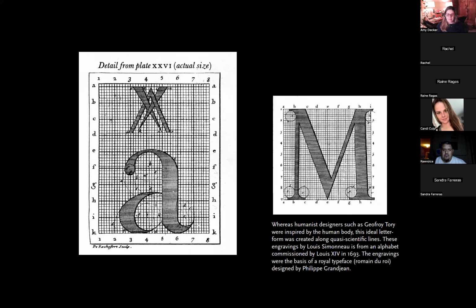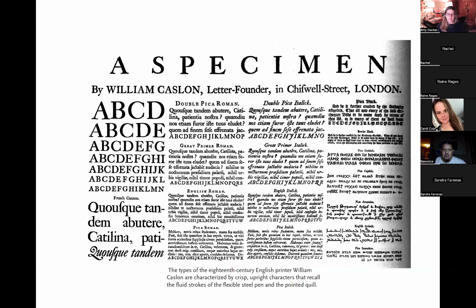So this was 17th century France. And then we're looking at the engraving reproductions of penmanship. So the sharpness influenced new type styles, creating crisp letter forms with high